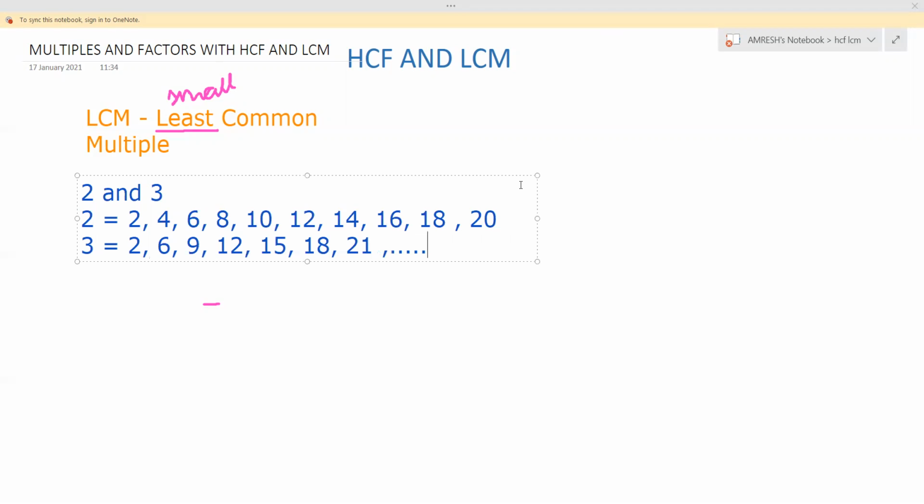Okay. So what is the common one? You can find here 6. You can see here 6, and also 12. This is a hit and trial method. We will not use this one to do questions. So LCM is how much? 6. Now let's try for 10 and 15 the prime factorization method. This method is not good. Let's try the prime factorization method.